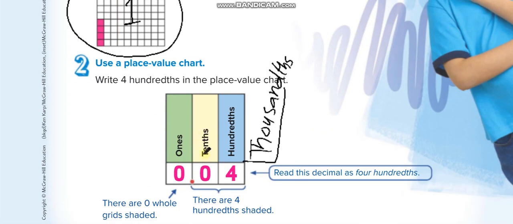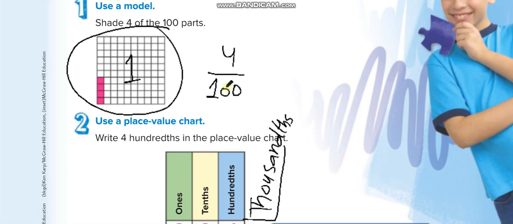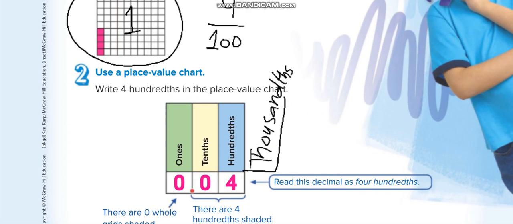Now in the last lesson, we divided one whole into 10 equal parts because we were talking about tenths. In this lesson, we divided one whole into 100 equal parts because we are talking about the second place value, hundredths. So the denominator shows the total number of parts, so it is 100. And how many parts are shaded? 1, 2, 3, 4. So 4 out of 100. Now the denominator shows the place value here. So 4 over 100 is equal to